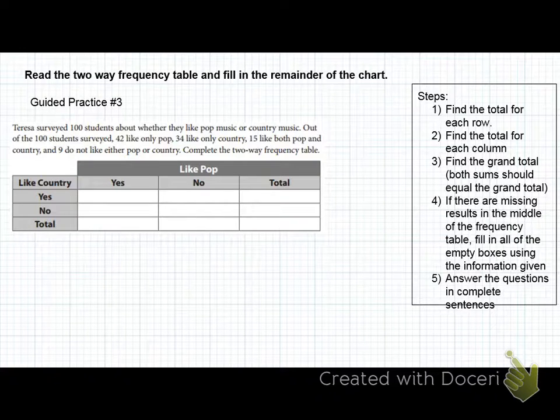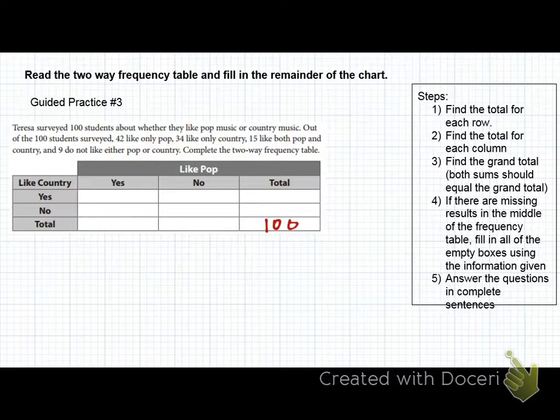Okay? So here's a hint on how to start it. Well, actually, I'm going to let you do it. I want you to fill in this table, okay? And then we'll come back together. Ready? Go. What detail can we write down here that we know? Emily? You can tell me. Good, 100 for the total.